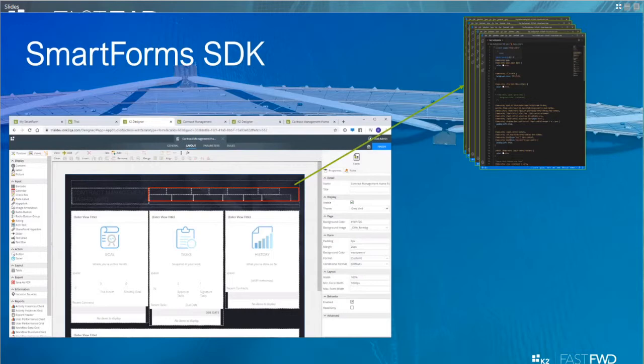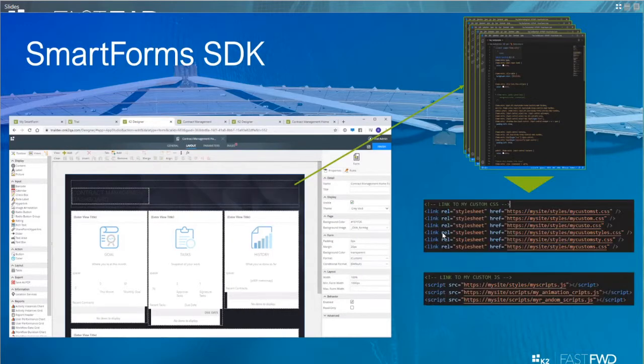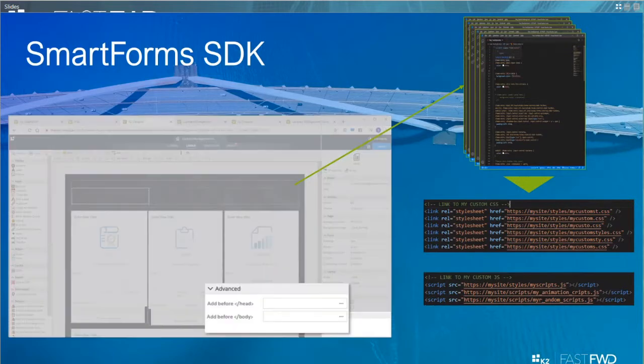It can be hard to manage. So the SmartForms SDK is really aimed at taking those code snippets that I would originally have put into a data label and instead let the developer externalize that for their own custom CSS files or JavaScript files. These can be hosted wherever they need to be on their corporate intranet or Azure or a CDN and link them into your SmartForms. We will then take those CSS and JavaScript files and we will put them into the